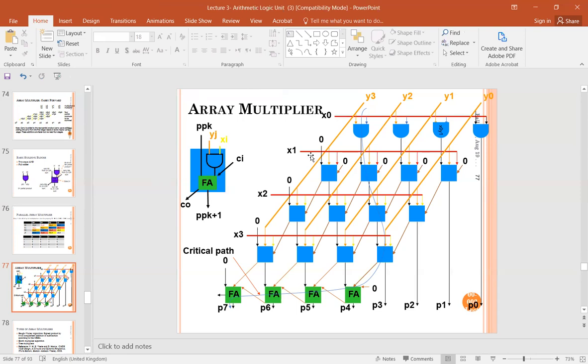So we have the x1, y0 here from the first stage. I have x0, y0, x0, y1. I have x0, y2. I have x0, y3. And those are the AND gates coming from here. And then we will add x1, y0. And I will have the x1 feeding here also. From all of these, the x1 is feeding into all of these